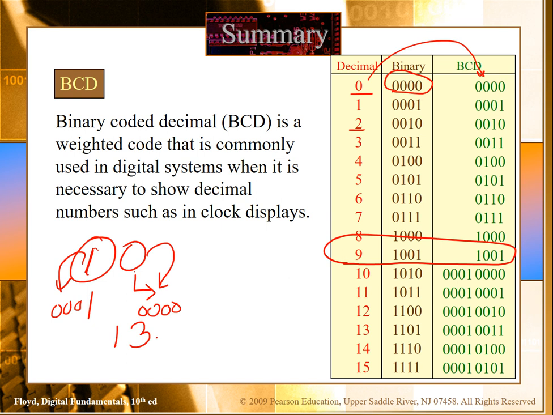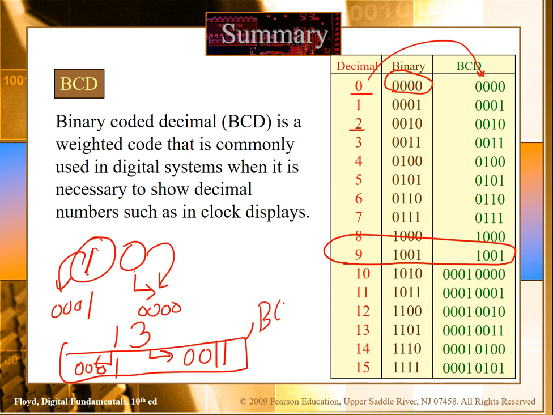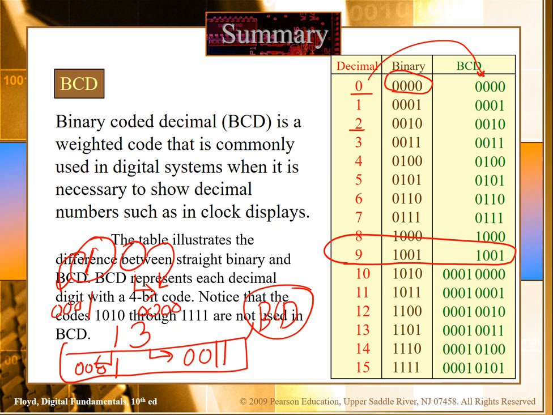Let's say we want to code 31. So 3 in the form of a 4-bit binary code is 0011, and 1 in the form of a 4-bit binary code will be 0001. So this is the BCD, binary coded decimal. There is another way, and we use binary coded decimal in a wide range of applications. As we can see, we are converting each digit to the binary system in the form of a 4-bit binary code.